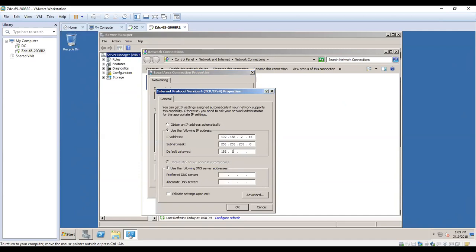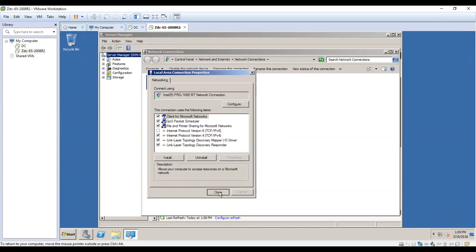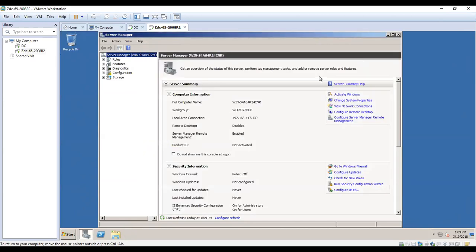I'm providing my gateway 2.1. This is my domain controller, 2.10. So once I have provided this information,